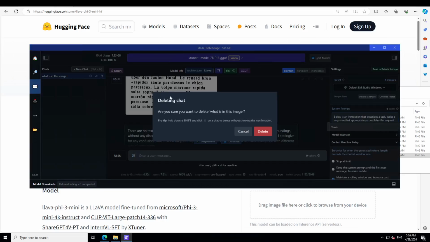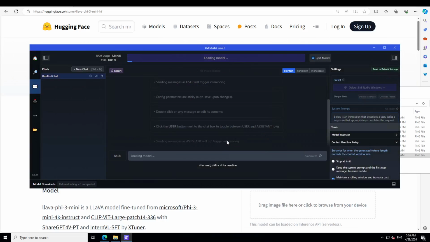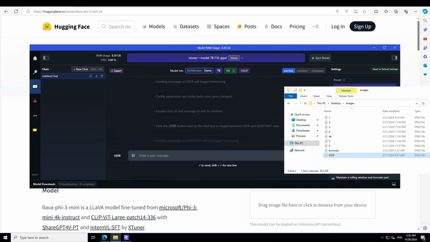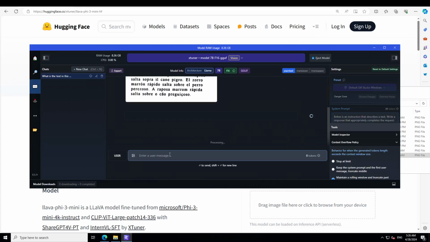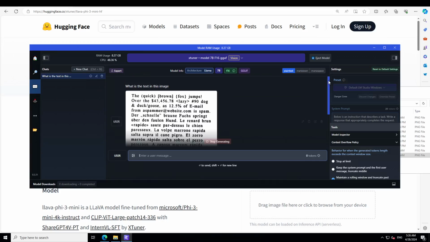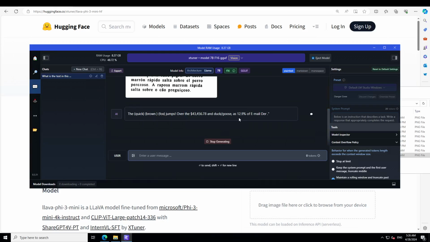Model is reloaded. Let me clear my chat. Let's reload the model, and when it is loaded, I will drop the image again and ask the same question. So the model is loaded, and now let me grab it. Now let's ask it, what is the text in this image? There you go. So you see the quick brown fox, and if I go down, it is very correctly